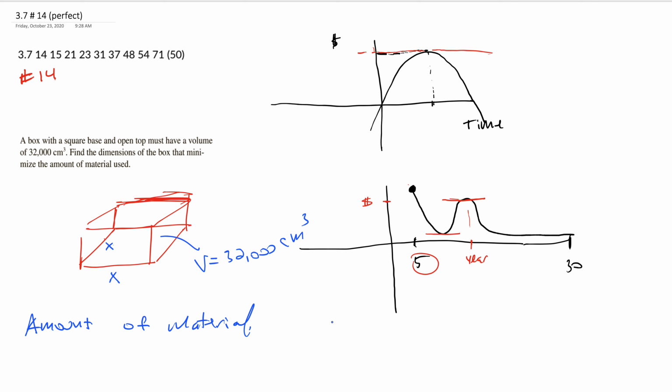Well, it says here it has an open top, right? So it doesn't have a lid, like a box filled with toys, no lid on it. Okay, so they want to know the material, like how much wood was used or how much cardboard was used. Well, that's the same thing as saying how much wrapping paper do I need to wrap this box with no lid,